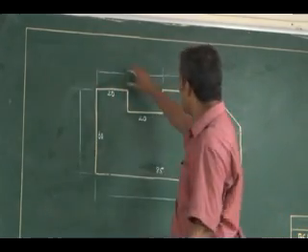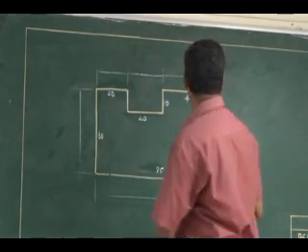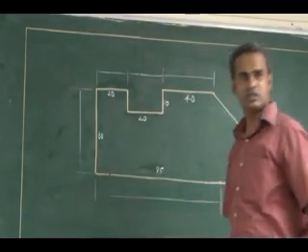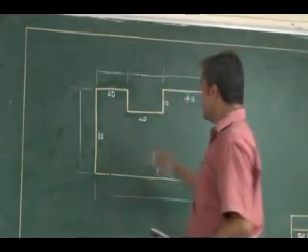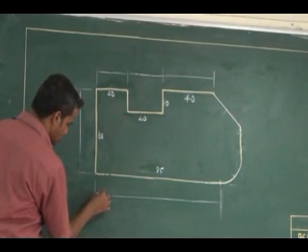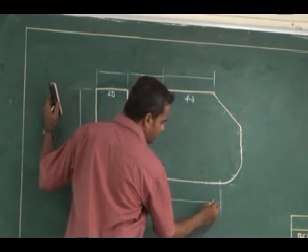Again it should have the 10 mm gap. We will come to the angular and radius dimensions later. So you have to neatly show your arrowheads. Small arrowhead with the ratio